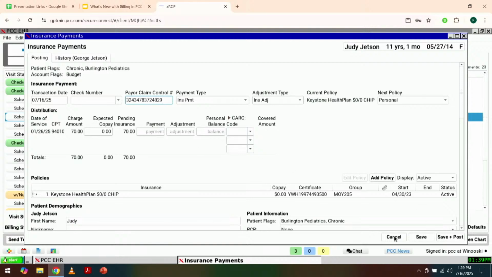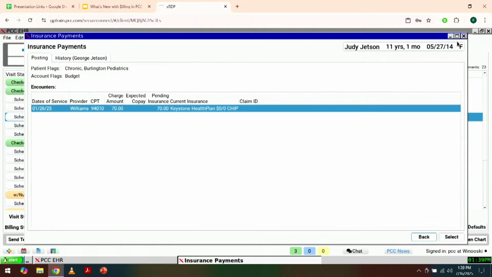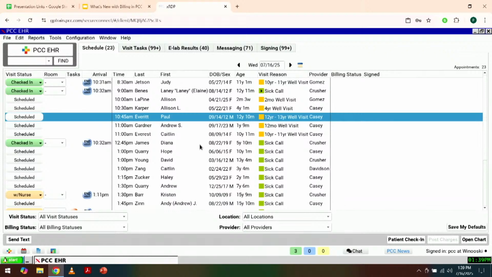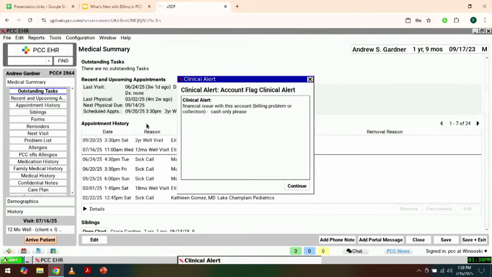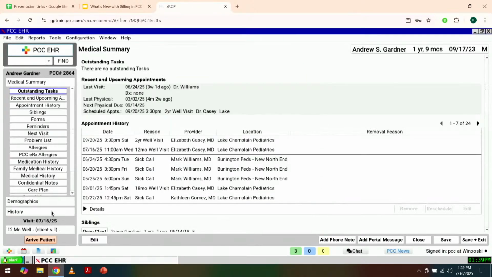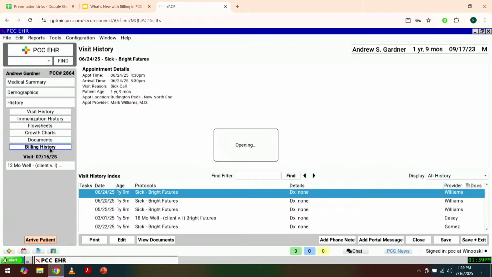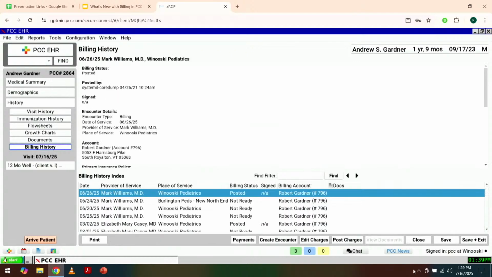So like Doug mentioned, the other side of this is editing encounter charges. So again, this was something that we had in the correct mistakes program, or OOPS, over in practice management. So we've added that now into the EHR as well. You're going to be able to find that just by going into a patient's chart, going into history and then billing history, you'll see now you have a new button down at the bottom